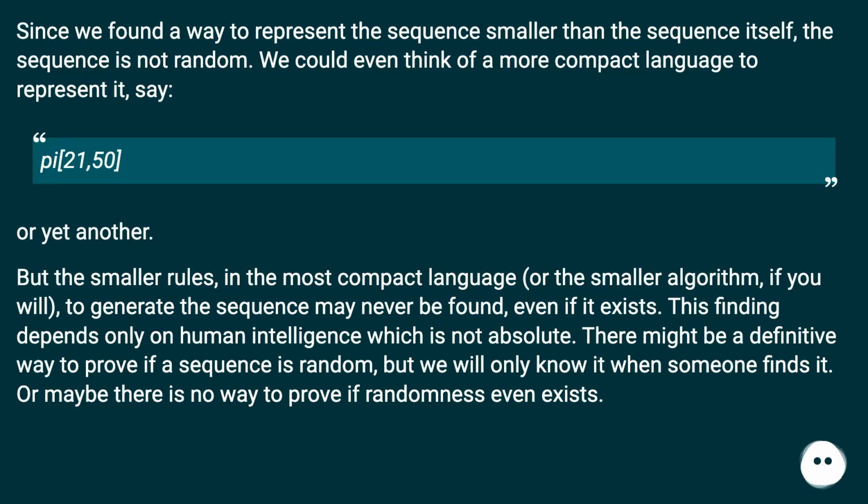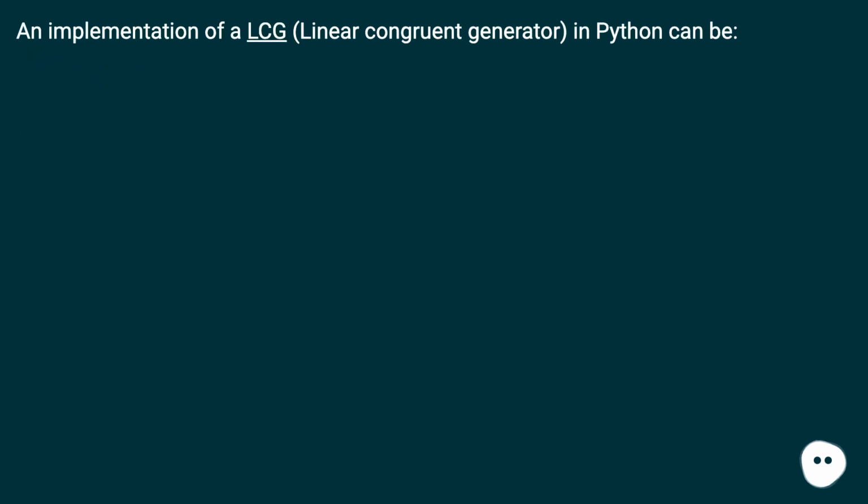Or yet another. But the smaller rules, in the most compact language, or the smaller algorithm, if you will, to generate the sequence may never be found, even if it exists. This finding depends only on human intelligence, which is not absolute. There might be a definitive way to prove if a sequence is random, but we will only know it when someone finds it. Or maybe there is no way to prove if randomness even exists. An implementation of an LCG, linear congruential generator, in Python can be